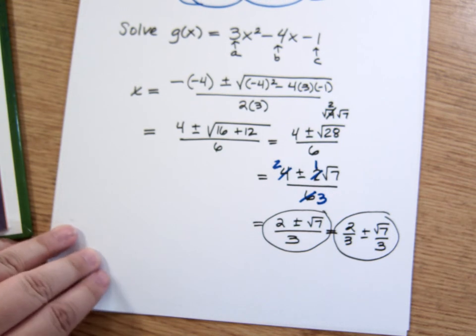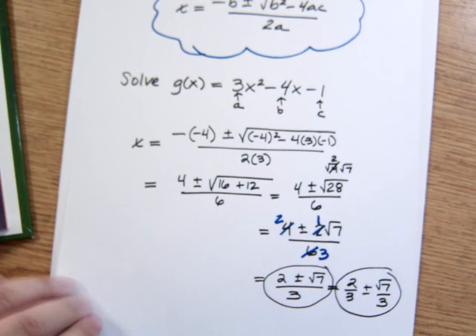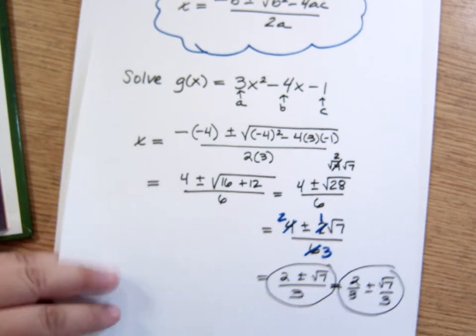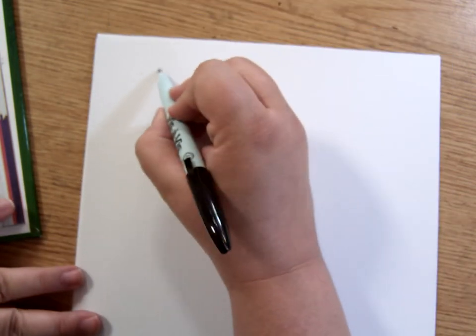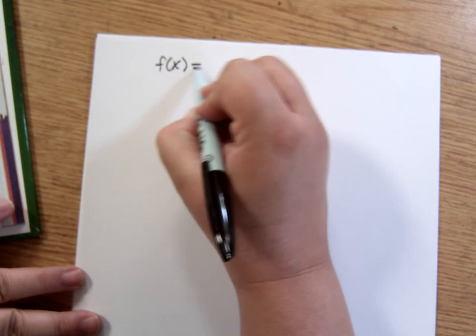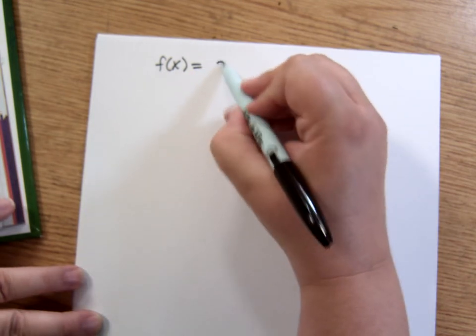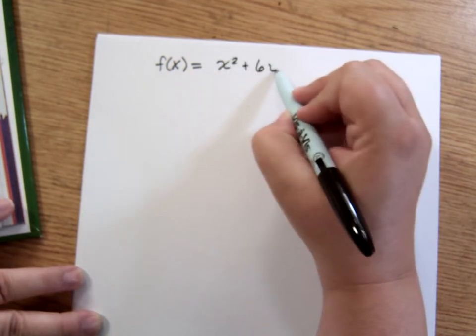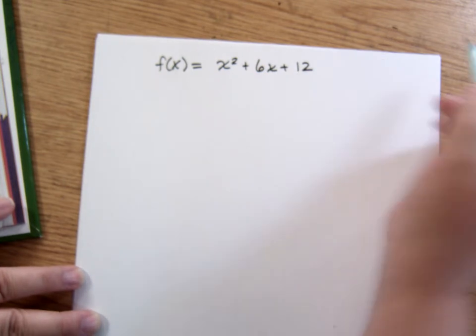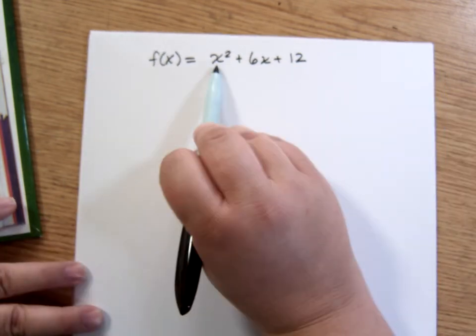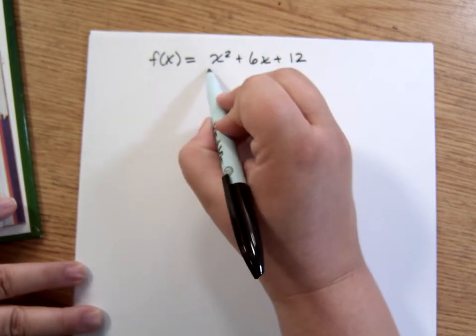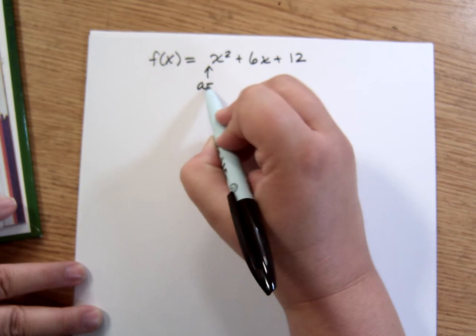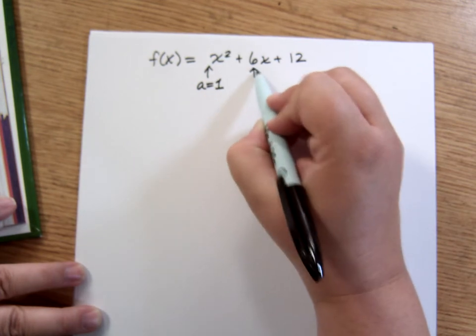Okay, next example. I wanted to also come up with an example that has a negative under the radical, and I think this one's going to fit the bill. If I had f of x or y equals x squared plus 6x plus 12. And again, this is already in the right form. My x squareds are all together, x is all together, numbers all together. This is a equals 1, b equals 6,